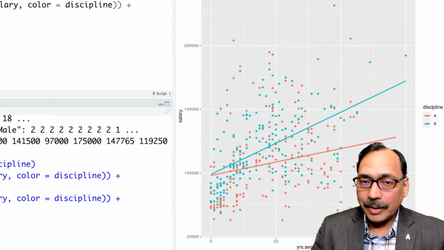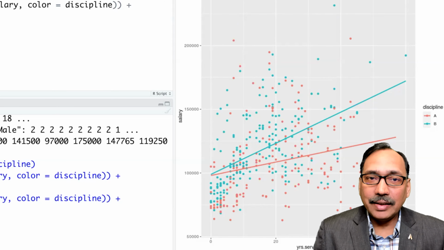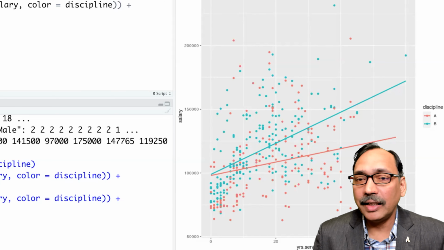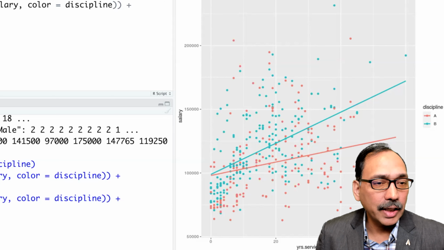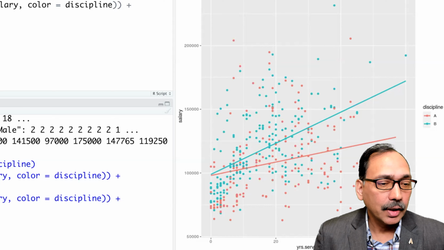So in a very simple way, we can detect if there is an interaction between the two terms if the lines cross each other. If lines are parallel, that means there is no interaction effect. If lines crisscross, that means there is an interaction effect.